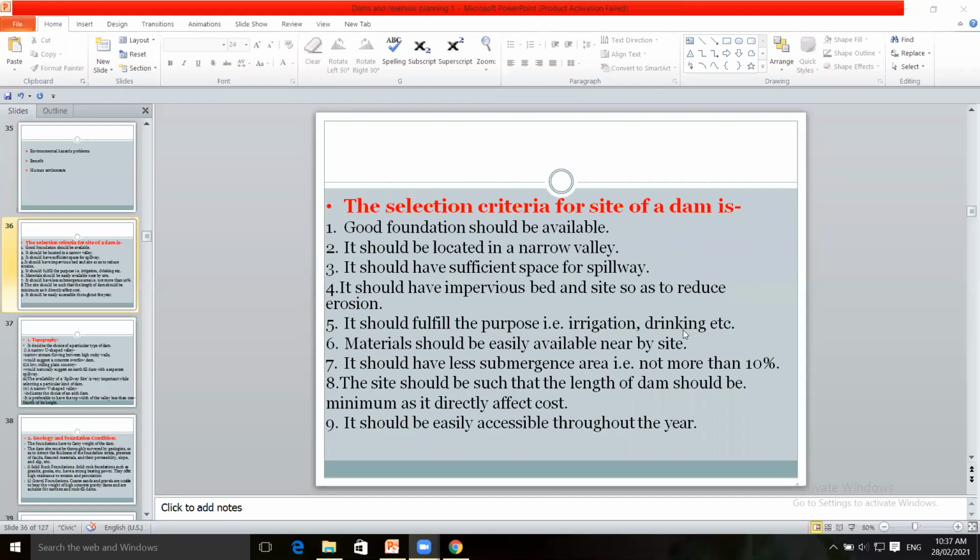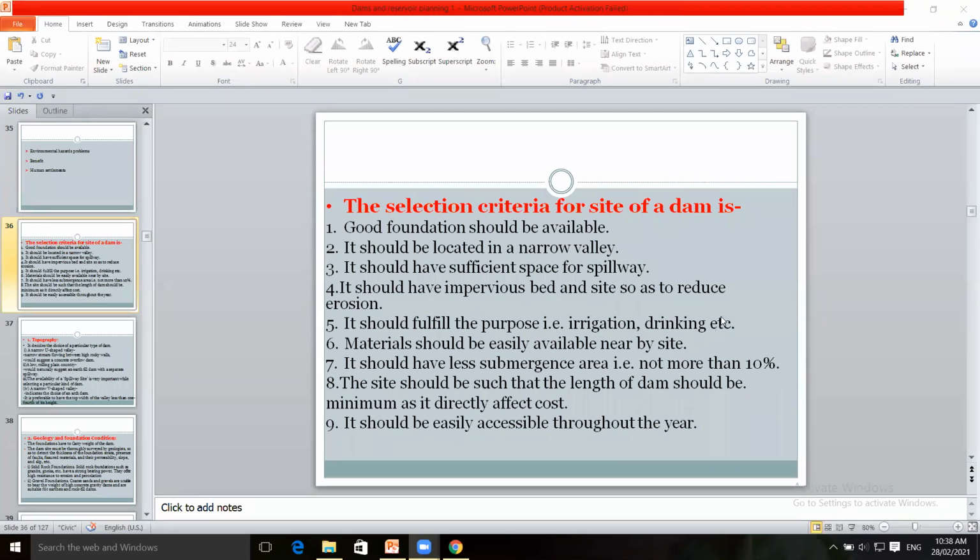For drinking purposes, water is supplied to a particular city or town. Depending upon the population of the city or town, the quantity of water will be supplied, or to industries, depending on the type of industries and their location.